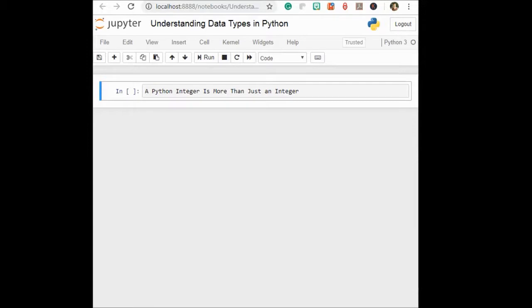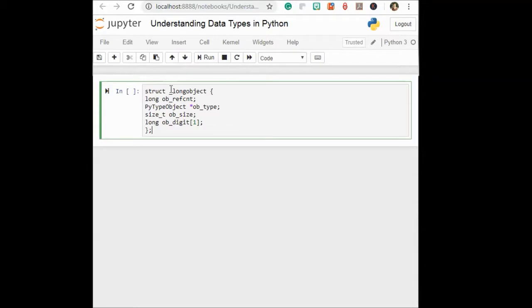Looking through the Python 3.4 or 3.6.2 source code, we find that the integer long type definition effectively looks like this once the C macros are expanded. A simple integer in Python 3.4, 3.6.2 or 3.7, which is the latest edition, actually contains four pieces, which are